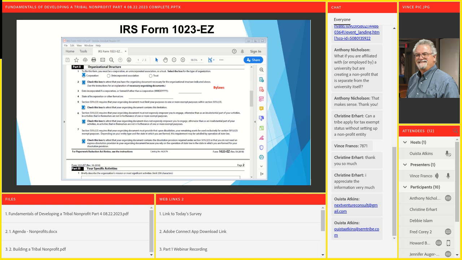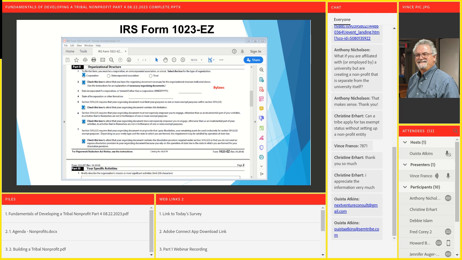So you'd most likely check corporation. You're incorporated. That's why you submitted articles of incorporation. Check the box to attest. This is number 2. Check the box to attest that you have the organizing document necessary for the organizational structure indicated above. What the instructions say is provide a copy of your articles, provide a copy of your bylaws.